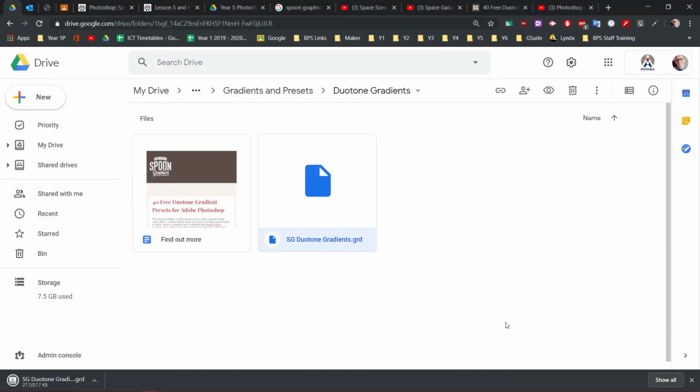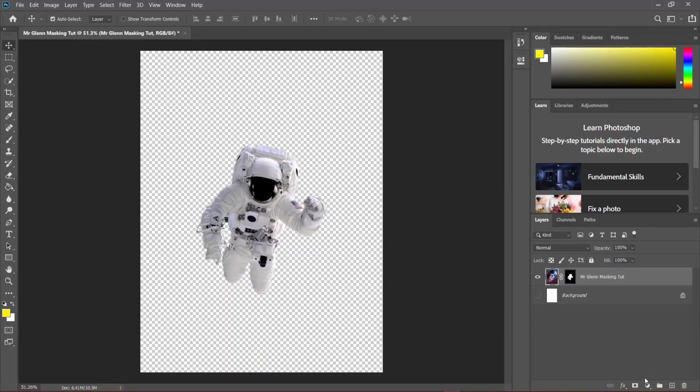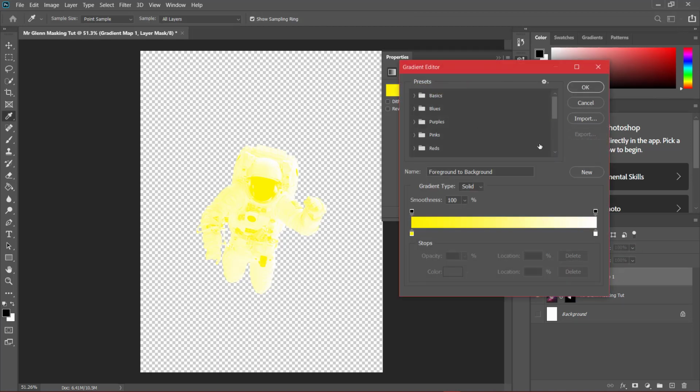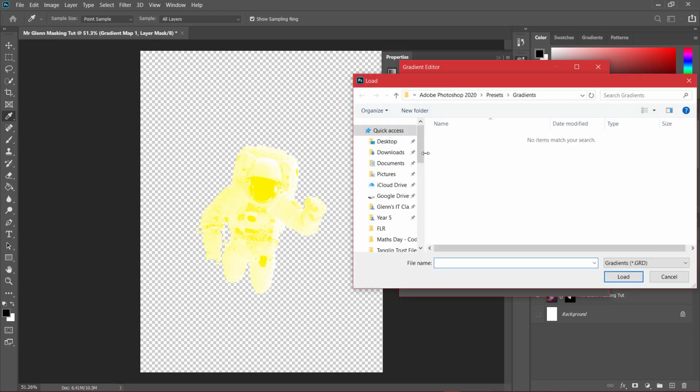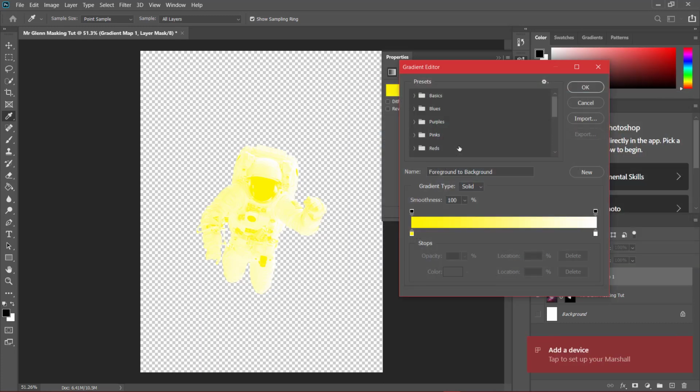Get rid of this notification. I'm going to go back into my Photoshop. So now I've downloaded it. Go into my gradient map. Go and choose my colours like this, and then I can go and import that set of presets. I think there's about 40 of them for you. So yours might say load, mine says import, it says where do you want to get it from. I put it on the desktop. I've got my FX gradients there, and when I've imported them I'll have my duotone gradients here, look, at the bottom. So I can go and open this up,